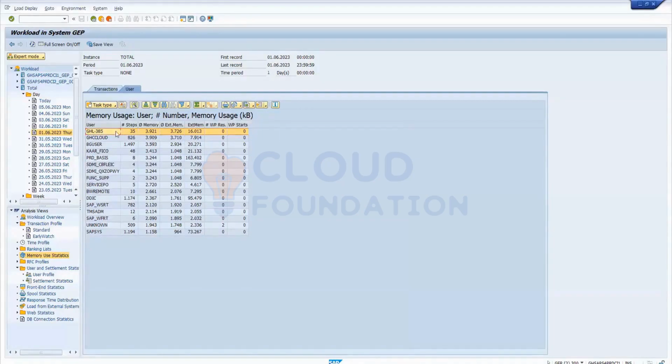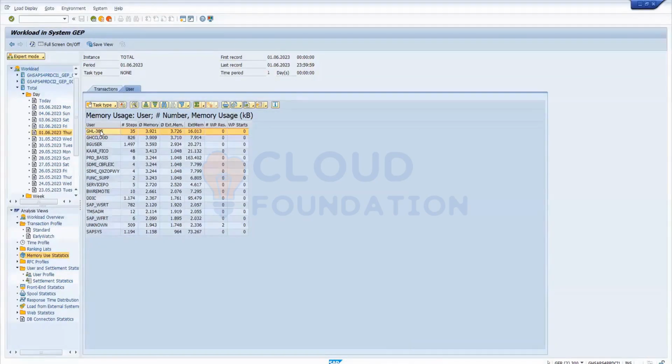If unknown activity is going on in your system, you can find it from here. Then you can check which user is there, and then you can email that particular ID.